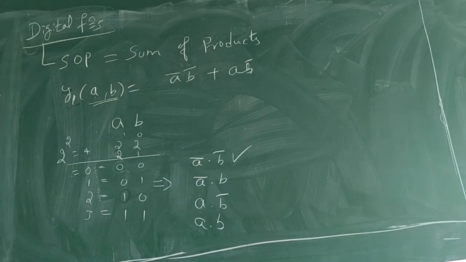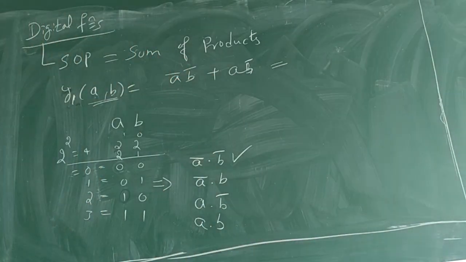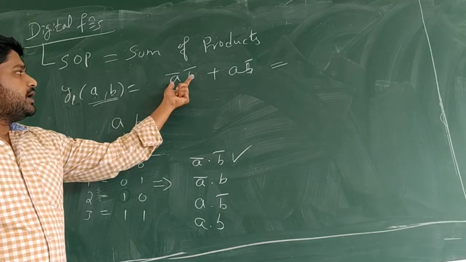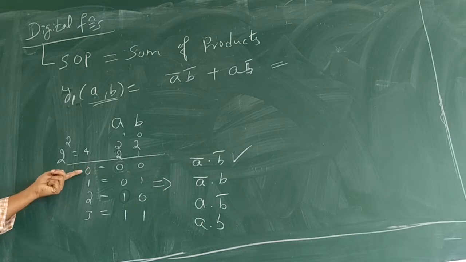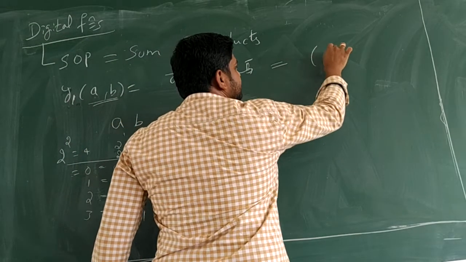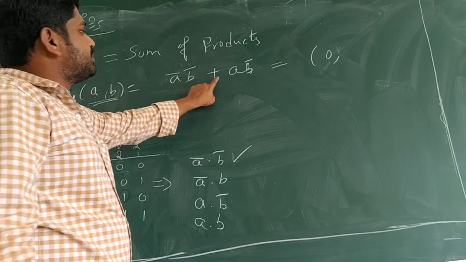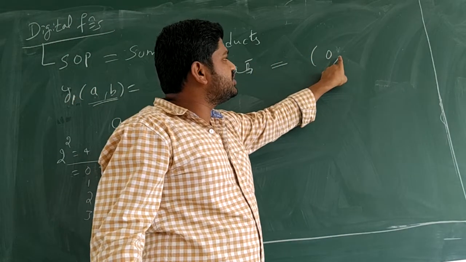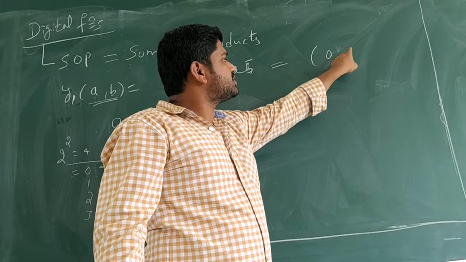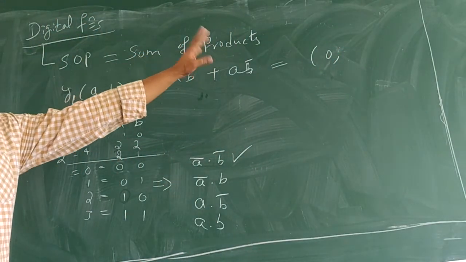Okay. So A bar B bar and A B bar. How to represent them now in terms of numericals? What do you mean by A bar B bar? What is the equivalent of that? 0. Hence, we will write this as the first term 0. Next, when we are writing in terms of a digital function, plus is changed to comma. That means a different term. Please make this note. We cannot write plus in all places.